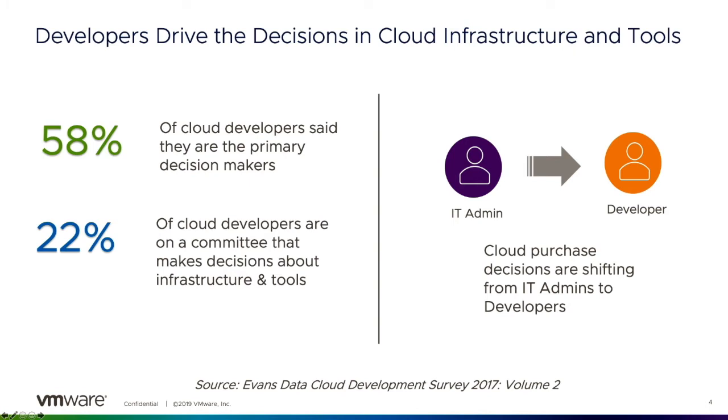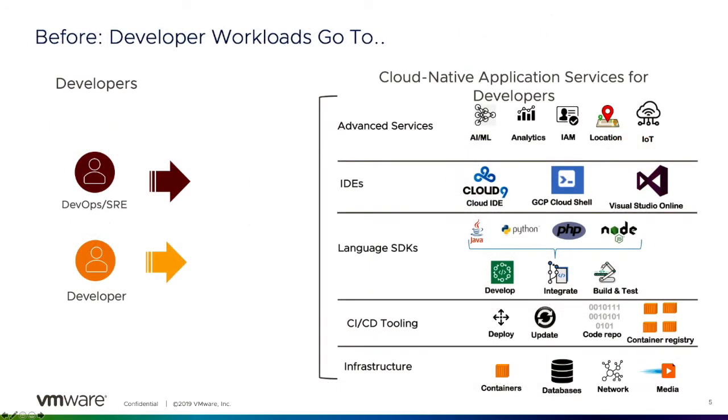As you can see on the slide, 58% of cloud developers said they're primary decision makers, while 22% of cloud developers are on a committee that makes decisions about infrastructure and tools. So while we traditionally don't think about developers as driving IT infrastructure decisions, they're very much a part of that process, in the new way of thinking. Cloud purchase decisions are shifting a little bit from IT admins to developers. The developers wield more power than they maybe have in the past, especially when it comes to controlling where their